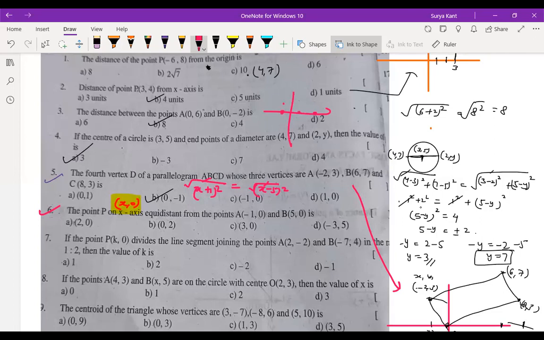In this particular question you can use the midpoint formula, but not in all questions, remember, okay? Luckily you are getting this on the x-axis only, because this point is also on the x-axis, and this point is also on the x-axis. So all 3 points are on the x-axis, so you can use the midpoint formula. What is the answer? 2, 0 is the right answer. Correct. Now question number 7 will start off.